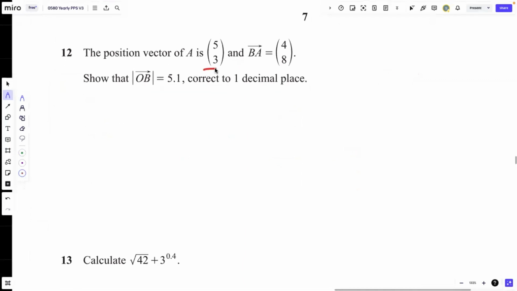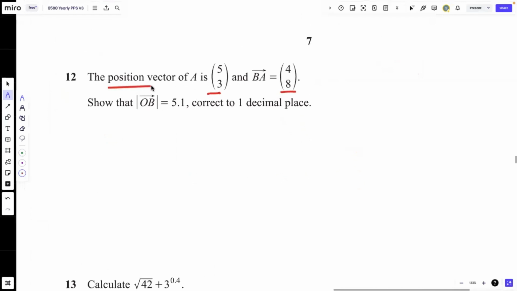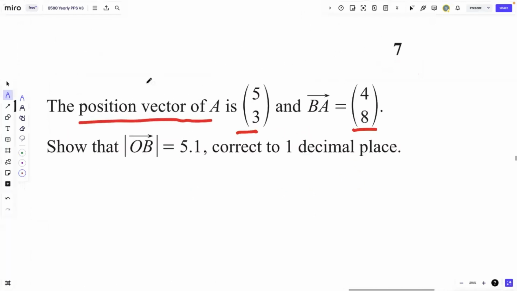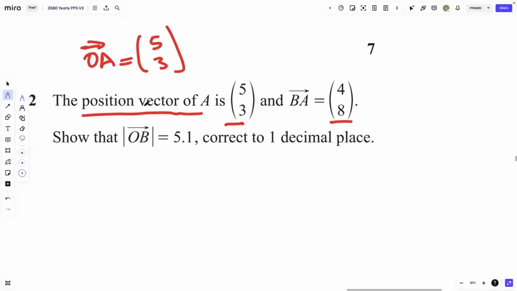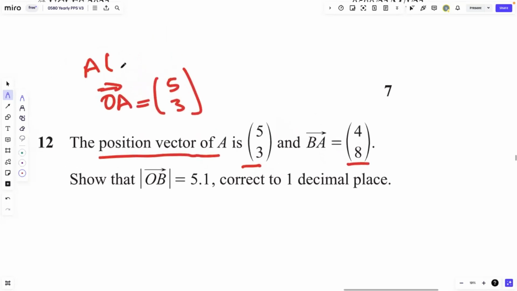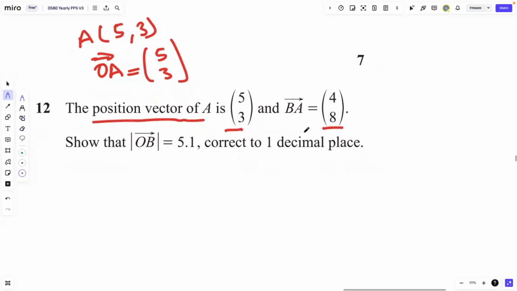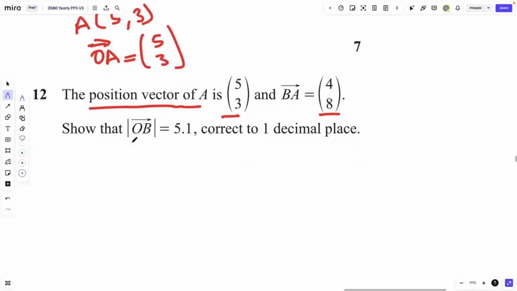Position vector of A. We have a position vector of A, and B is given this. So now what's a position vector? First things first, it is a vector that starts with the letter O. So it's actually OA. The vector OA is the column vector 5 and 3. And a position vector is just the coordinates of the point. So another way of writing this would be that A has the coordinates 5 and 3. That's your position vector. Then we have the vector BA, and we're supposed to show that these lines are of